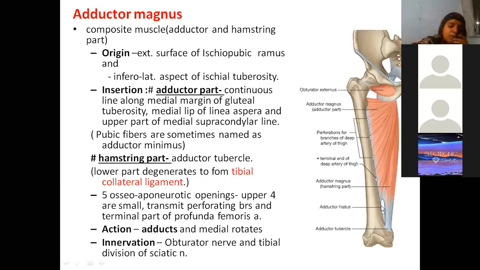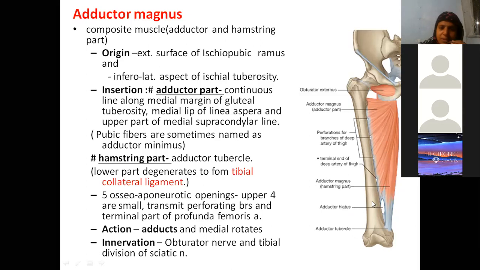From front it goes behind, by passing through this opening. The name of this opening is adductor hiatus. Okay, beta? And the name of the artery changes. Now it is going behind the knee, which is called popliteal fossa. Very good. There it is called popliteal artery. Okay. So that is